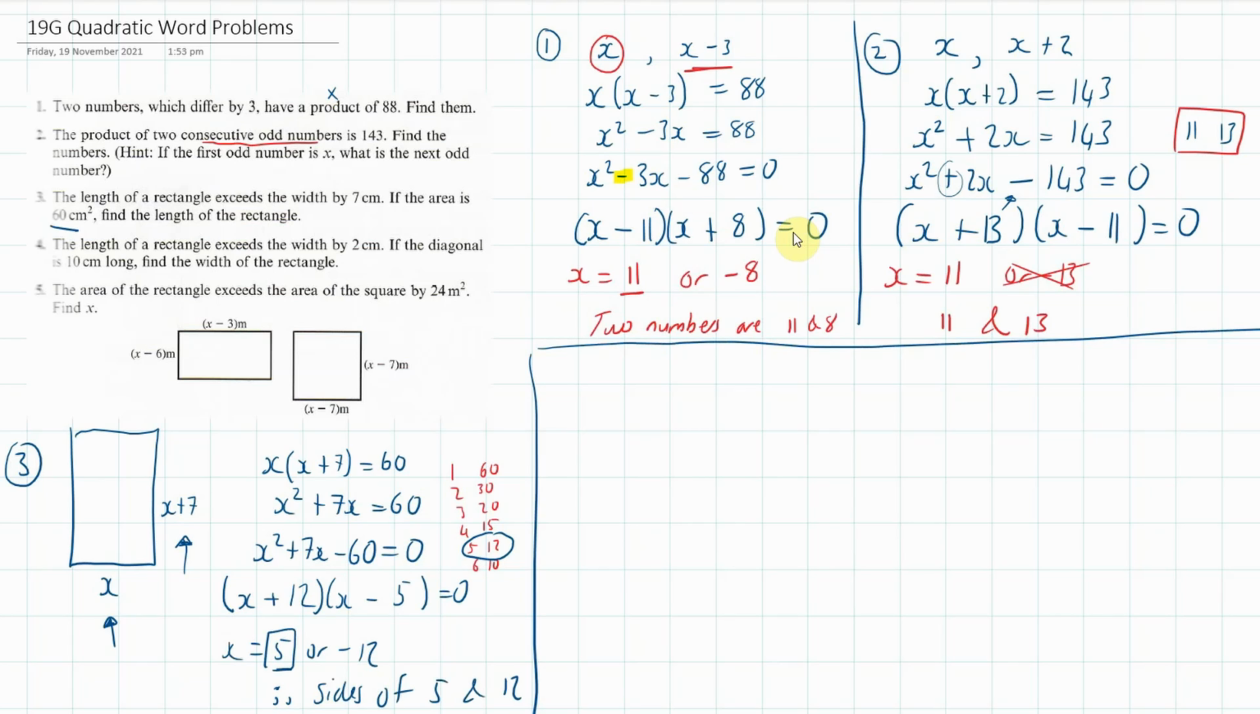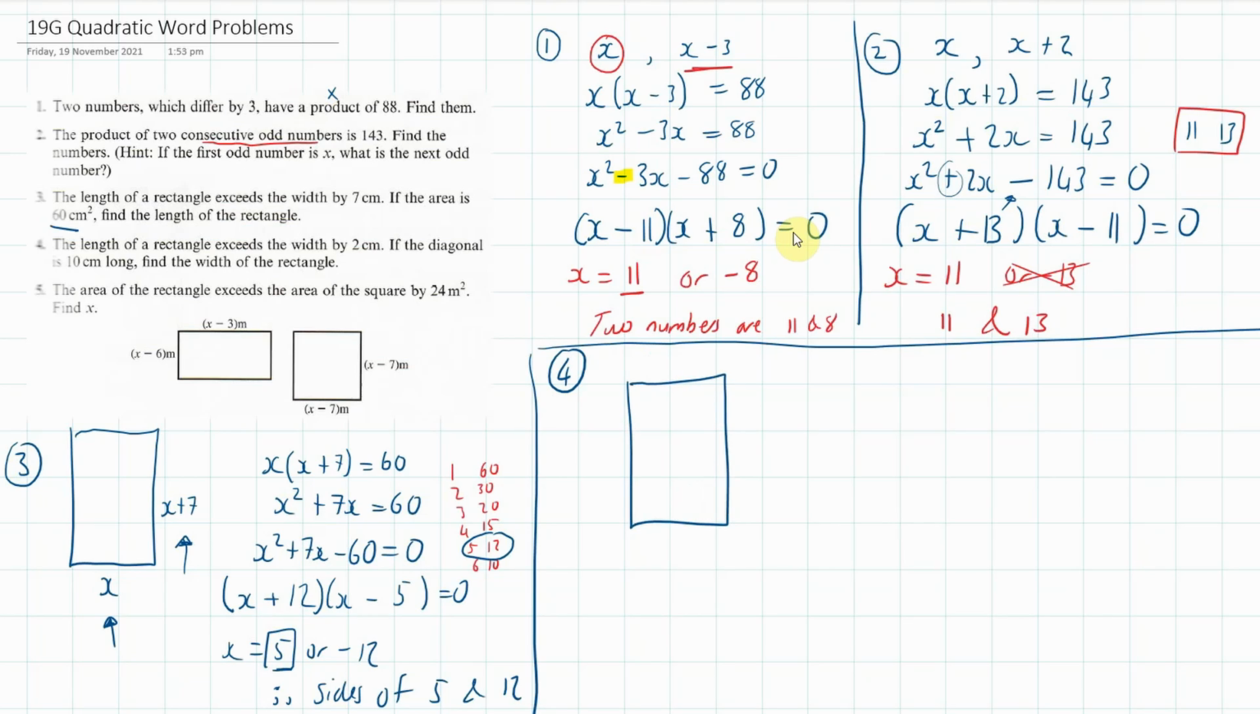Okie dokie. Number 4. I've got another one: the length of a rectangle exceeds the width by 2. Find the width of the rectangle. Okay, so we can use what we did in the previous one. We've got x times x plus 2. Oh, the diagonal. No. Okay, read the question, Mr. K. Okay, I'm going to do here's my